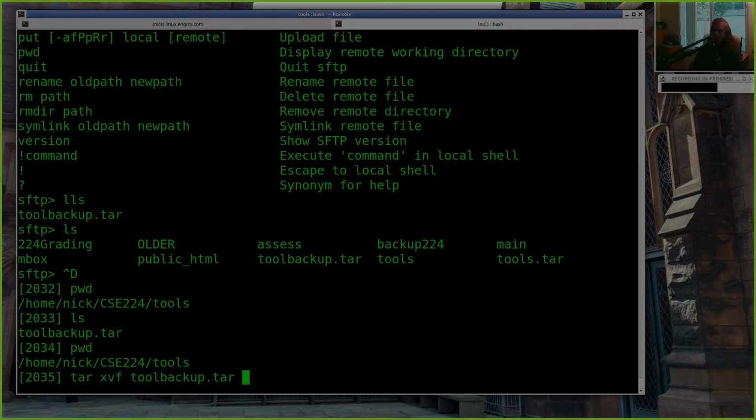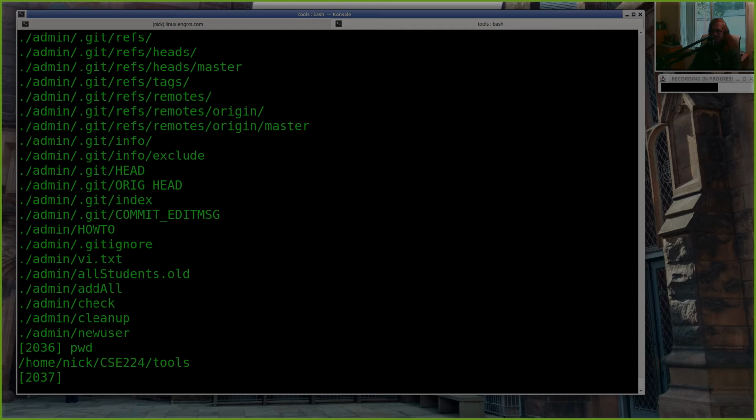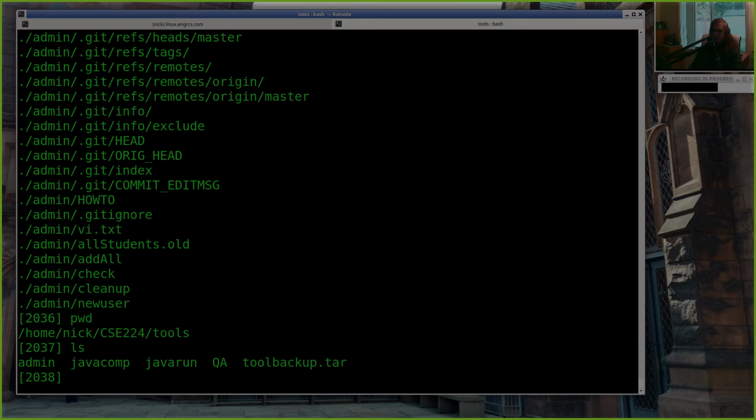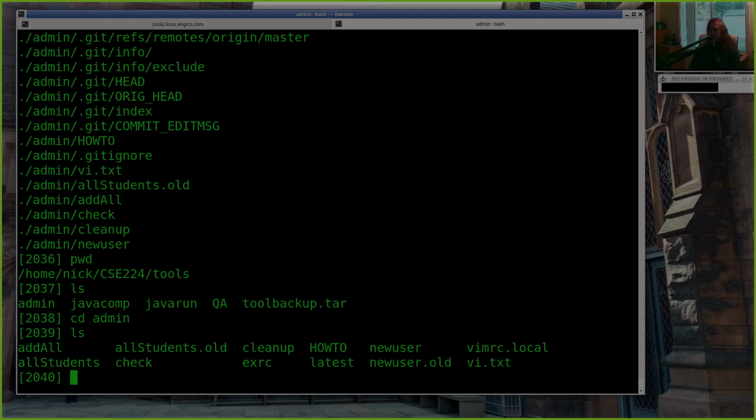Now if I just tar xvf, I've got a clone of my entire repository, my entire directory structure, on my local machine now. So I'm in my tools area, and I can go into admin, and there's my code in the admin area.